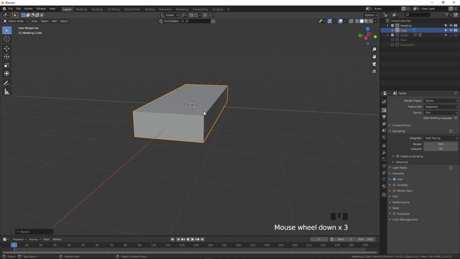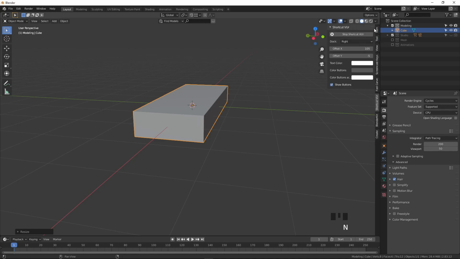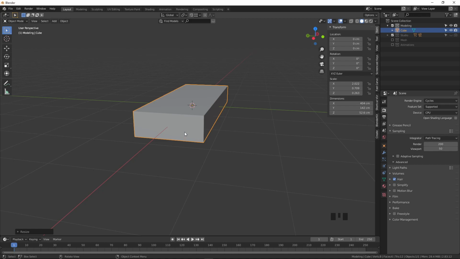After applying the sizes, press N on the keyboard, go to the Item tab and check it out. You can see the scale default value should be 1 in all the axes. Otherwise, while doing any adjustment to the cube, it will give the wrong location and scaling. So to clear that, press Ctrl A and apply the scale. Now this scale has been applied and it came to all 1.